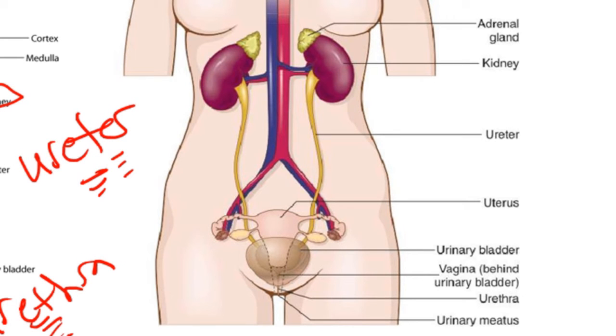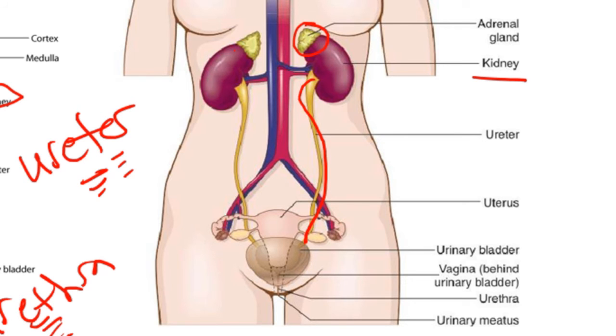Women, of course, have kidneys just as men do. And above that, in both men and women, there is a gland known as the adrenal gland, which produces a lot of different kinds of hormones. For example, cortisone is a type of hormone that is produced by the adrenal gland. Of course, women, just like men, also have the ureter that connects the kidney and the urinary bladder. That urinary bladder is right here.